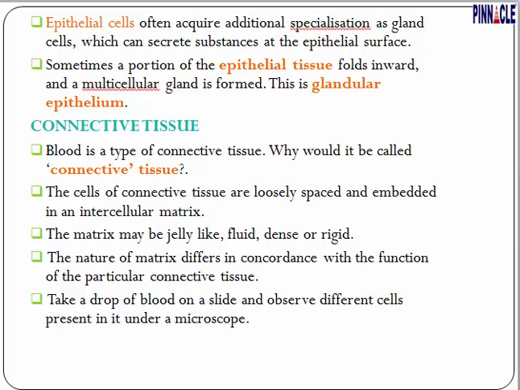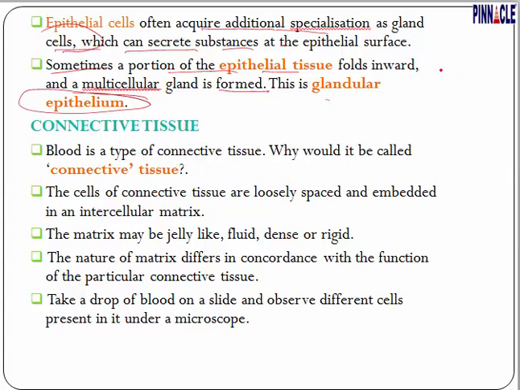Epithelium cells often acquire additional specialization as gland cells, which can secrete substances at the epithelium surface. Sometimes a portion of the epithelium tissue folds inwards and a multicellular gland is formed. This is called glandular epithelium. So in gland cells,